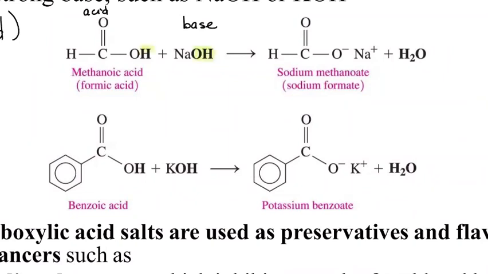So these two combine, and that's where my water comes from. When we have a neutralization reaction, then understand that we are going to make the carboxylate ion. And because I have an oxygen that is negatively charged, the cation of my base is going to sit next to that negative oxygen,